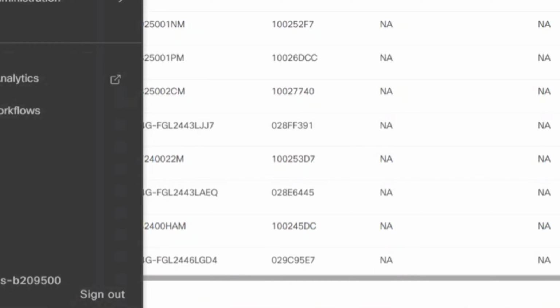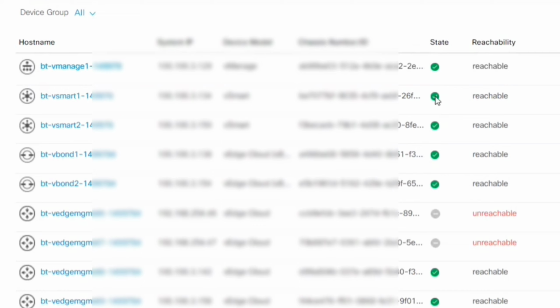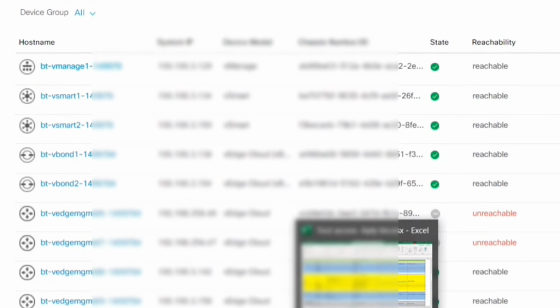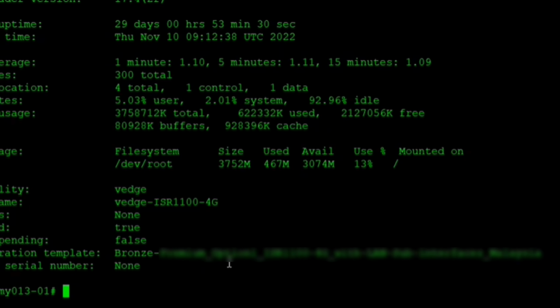Once you bring this device up, you can come here in the network section and you can see that the device should be up and reachable. Now if you want to add that device in a template, first I need to check the template name. So the command is show system status. That is how you come to know whether the device is in CLI mode or vManage mode. If vManage mode is true,